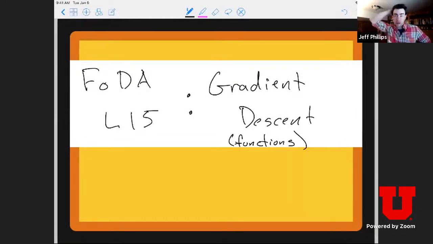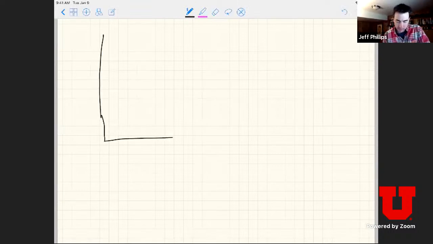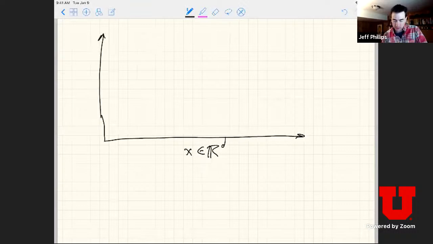Let's get on with the lecture. The main concept here is going to be talking about these functions. If we remember with linear regression, we had data where we have an x coordinate in R^d and a y coordinate in the real numbers. And so we had drawn pictures